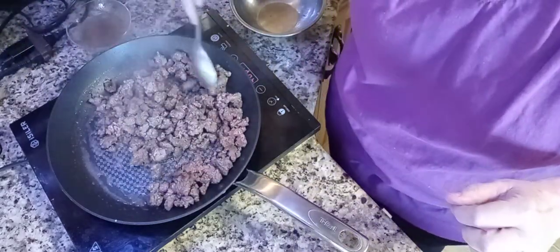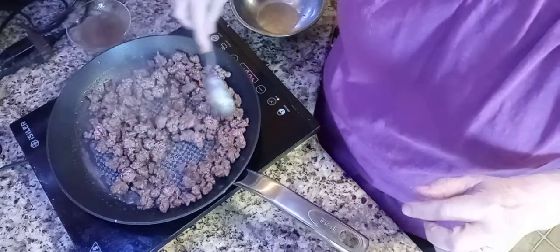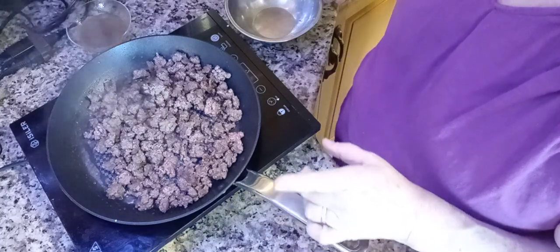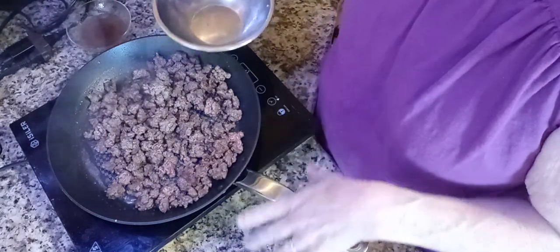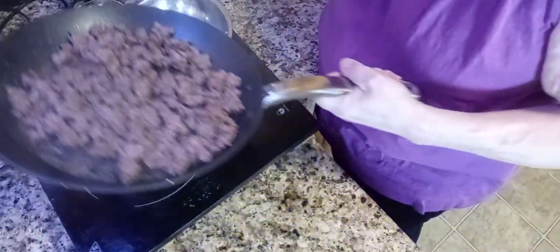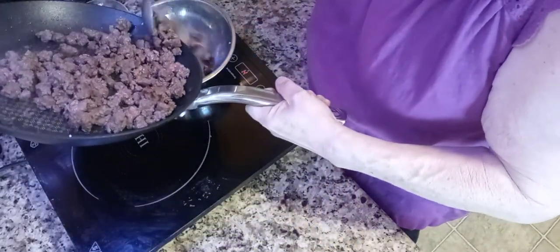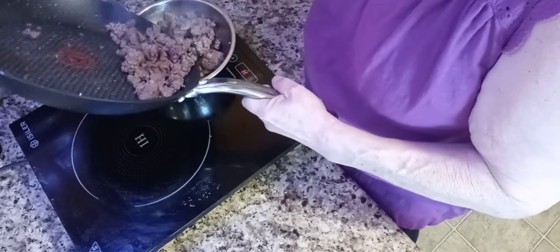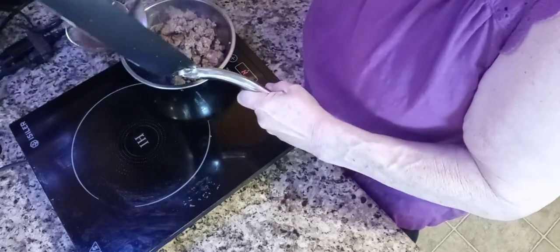Okay, so the meat is cooked enough. There's still a few little pink pieces, but it doesn't have to be all brown. You can have a little pink bits, because we're going to cook it some more. So we're going to remove the beef